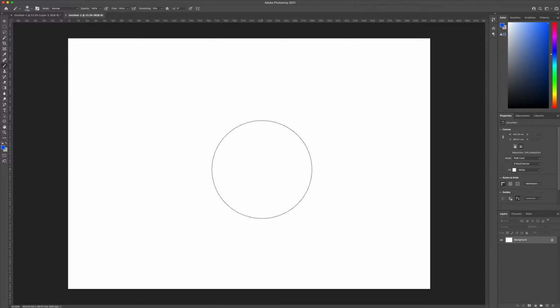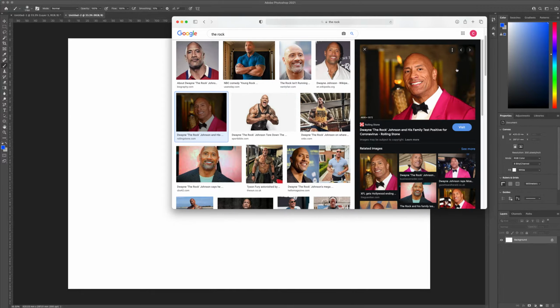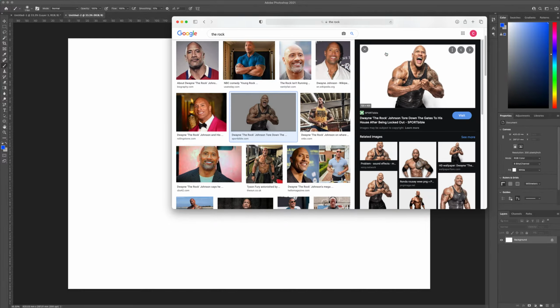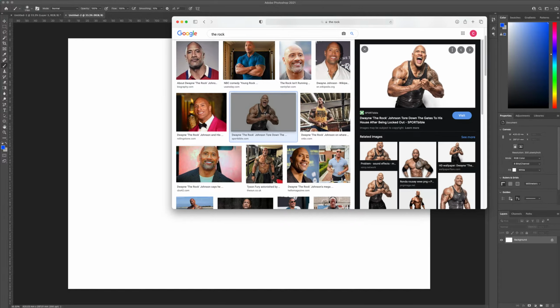On this page we are going to put some text saying the rock, we are going to put an image of the rock, and we are going to put a blue mark of the rock as well. So we need to go to our web browser and find a picture to start with. So I've already searched for my rock here. What you're looking for is an image that has a nice white background rather than a multicolored background like this one. So choose yourself any celebrity, I don't mind which, but make sure it has a nice plain background of the same color. This one would probably work, but the more consistent the color is in the background, the better it's going to be. Once you've got your image, copy your image,